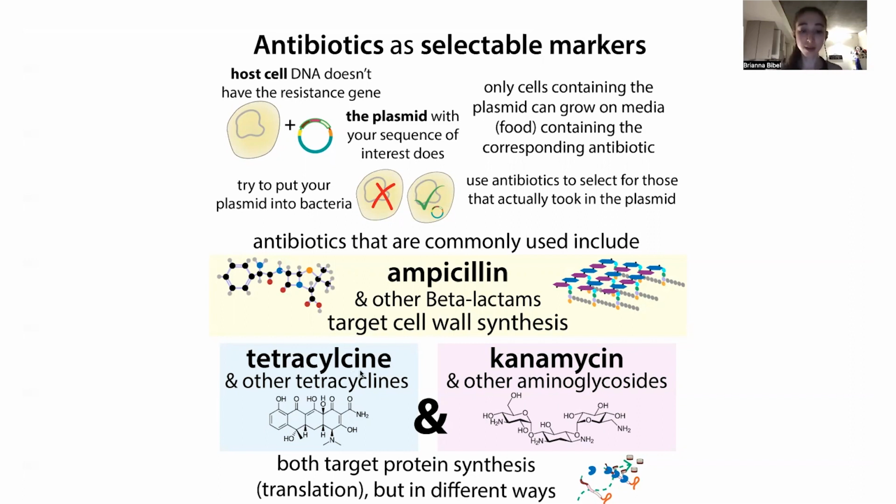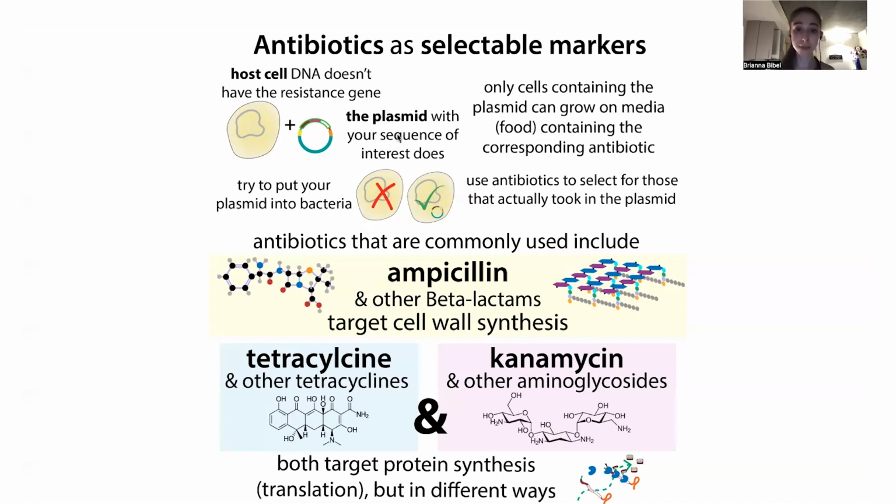So common examples of these protein inhibitors are like tetracycline and other tetracyclines, and kanamycin and other aminoglycosides. So both of these are going to target protein synthesis. If you're preventing them from making proteins and they need to make the antibiotic resistance protein, well, now you're preventing them from making the thing that they need to prevent the cells from making the things that they need. So instead, you want to give them time in this outgrowth step to actually make the proteins, in the absence